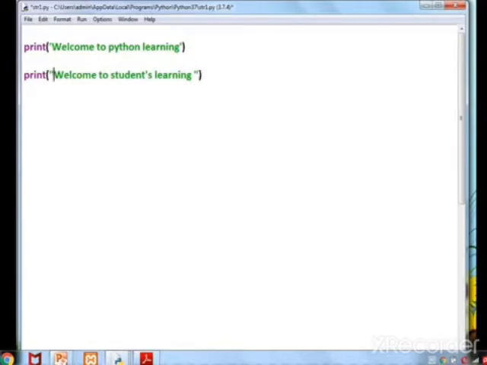For example, if I need to display the statement with double quotes around welcome to students learning, I want the double quotes to be printed in the output, which means I cannot enclose this statement within double quotes. Then it will say error.